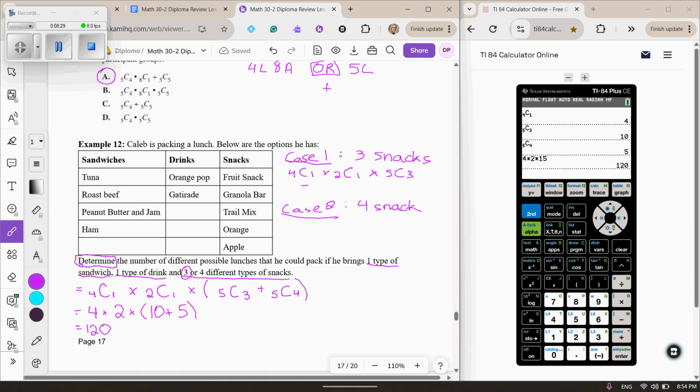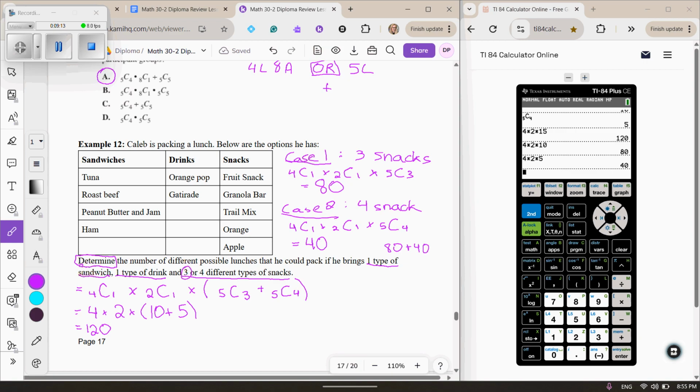So you would figure out what that number is, which is 4 times 2 times 10, and you would get 80. And then you would do the same thing, but you would do it for 4 snacks. So 4 choose 1 times 2 choose 1. And then now instead of 5 choose 3, 5 choose 4. So that will be 4 times 2 times 5. So that's 40. So then our last step would be to add 80 plus 40, and we would get that final answer